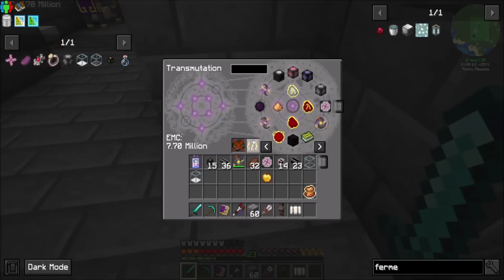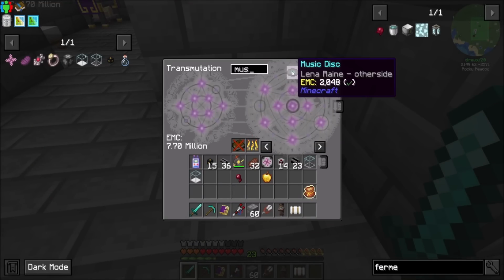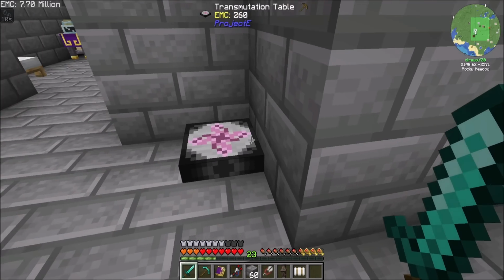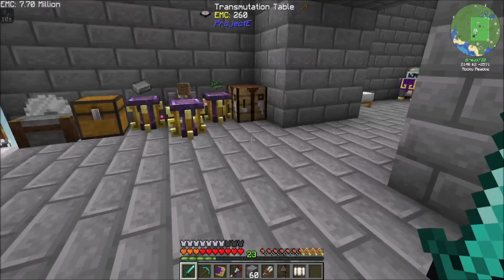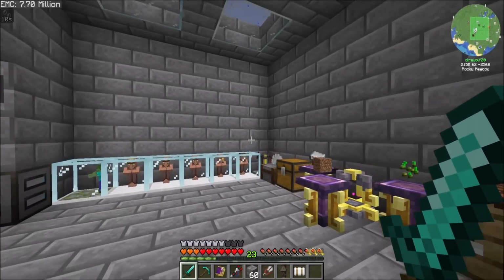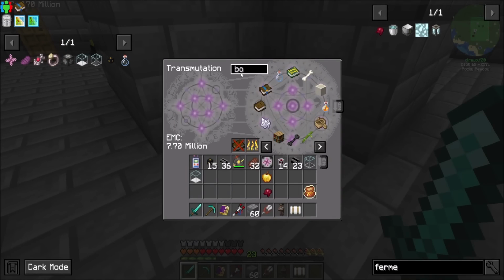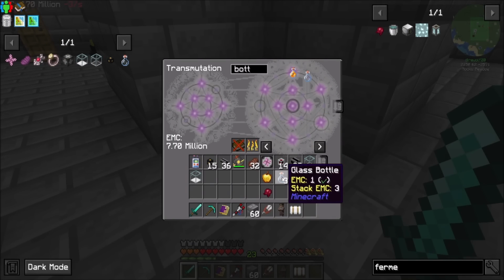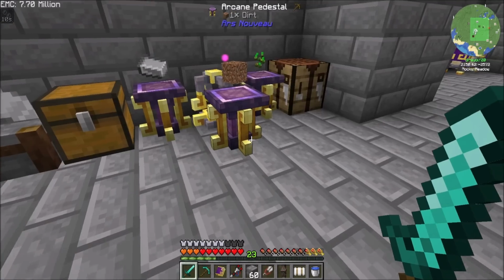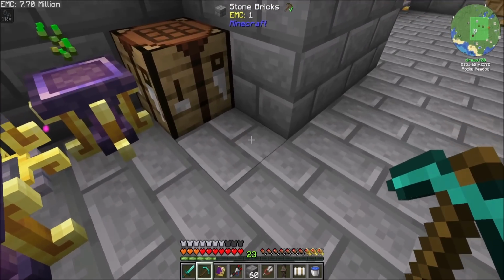Do I have mushrooms? I do have mushrooms. Eye and mushroom. And I've got a potion-y dude, don't I? Yeah, it's over here. Sweet. Do I have a bucket of water? I do. I really need...